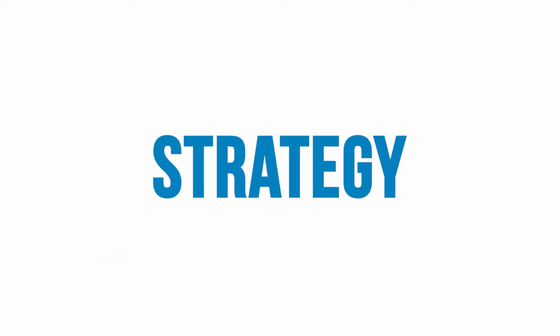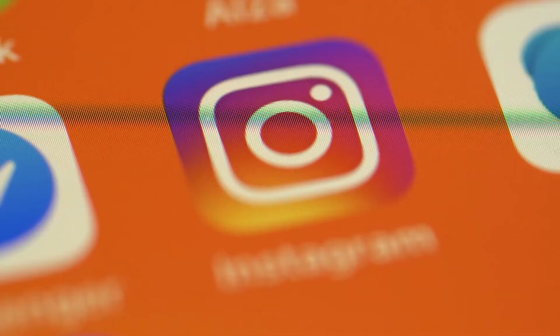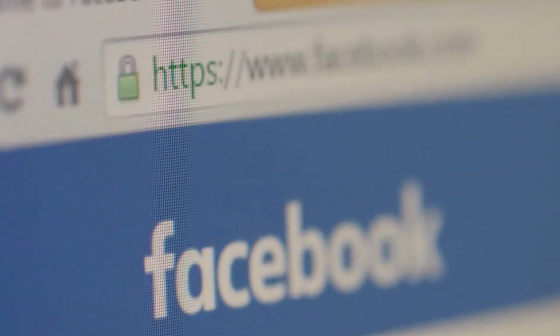So look, guys, how you do this really well. Initially, you want to have a strategy on how you're going to create more conversations on social media. Now, your basic strategy is using your wall posts on Instagram and then also on Facebook. And you want to be making sure that you're posting at least once on those every single day that you're working.